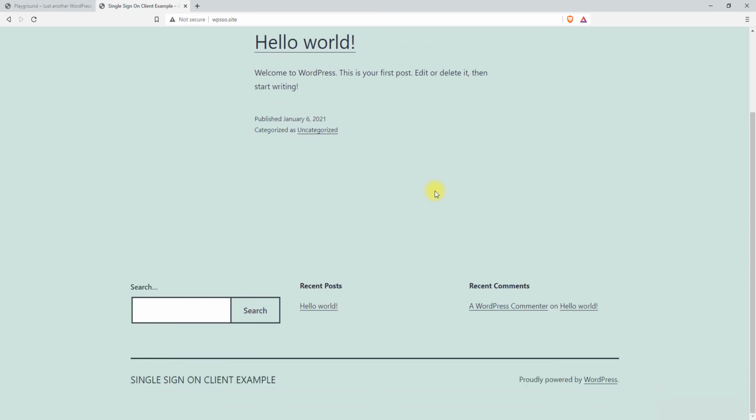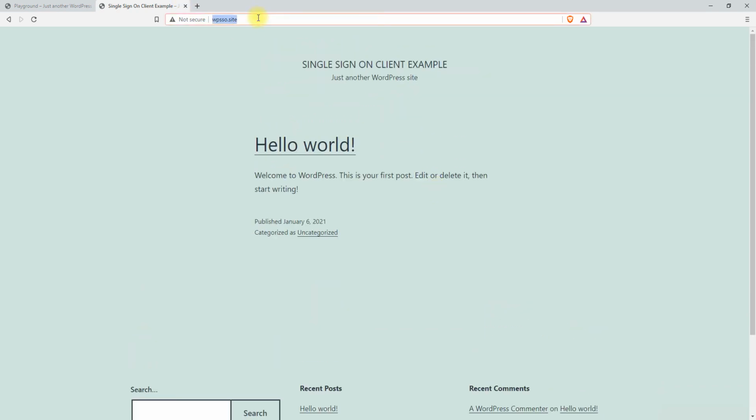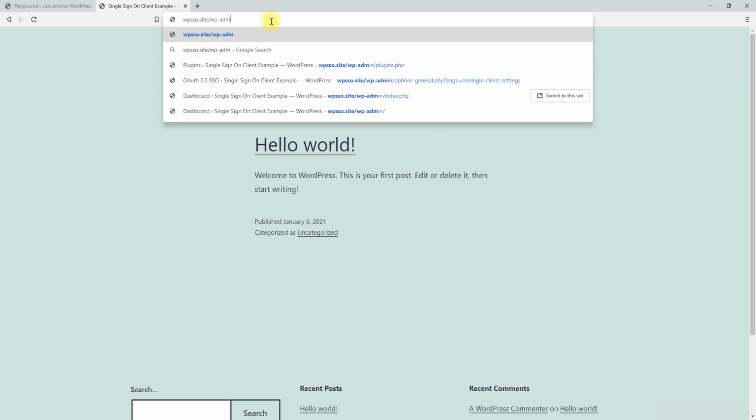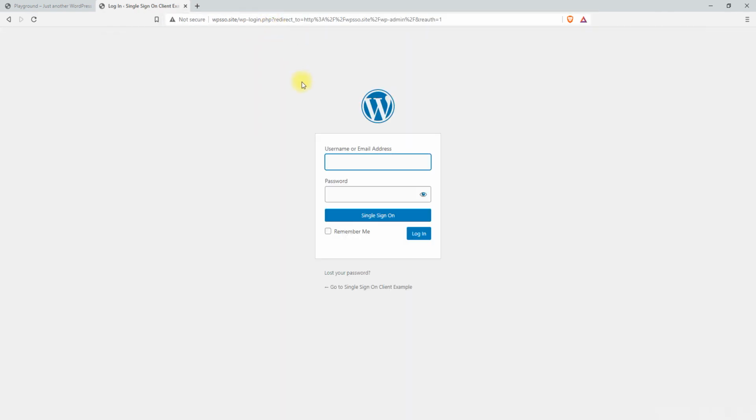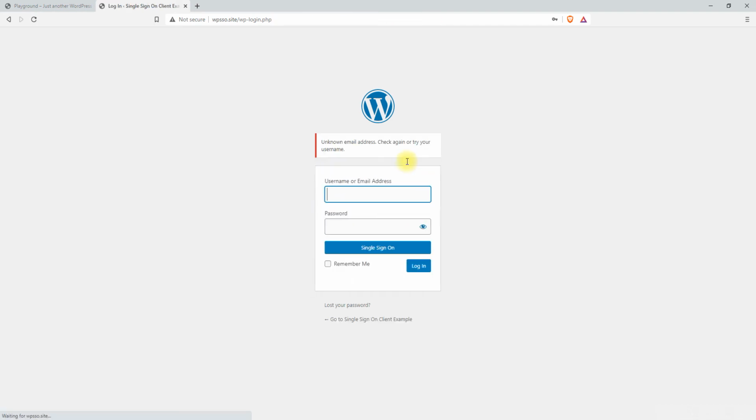So on the client site, we send them over here to the login screen. Johnny can type in his name and admin, and it's not going to work, right? Because he's not registered with the client site yet. So if we go ahead and click single sign-on,